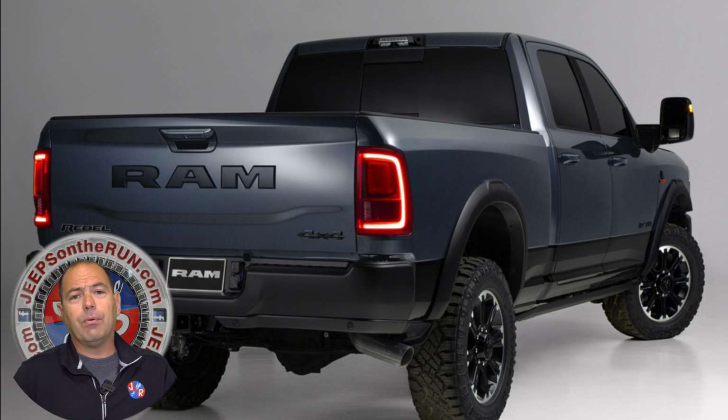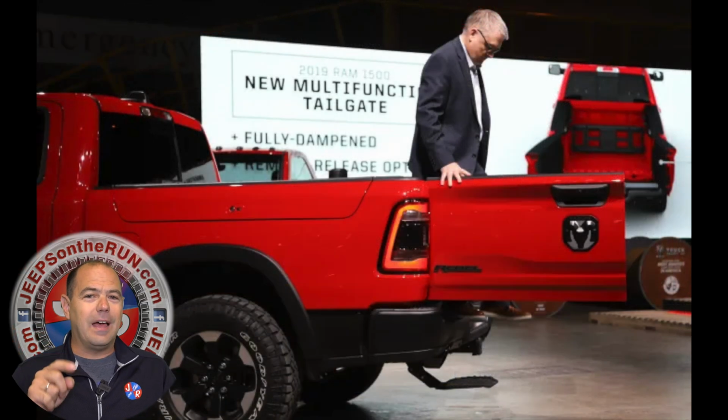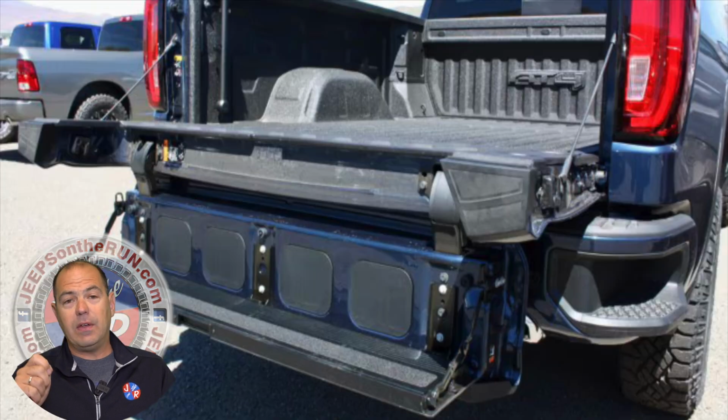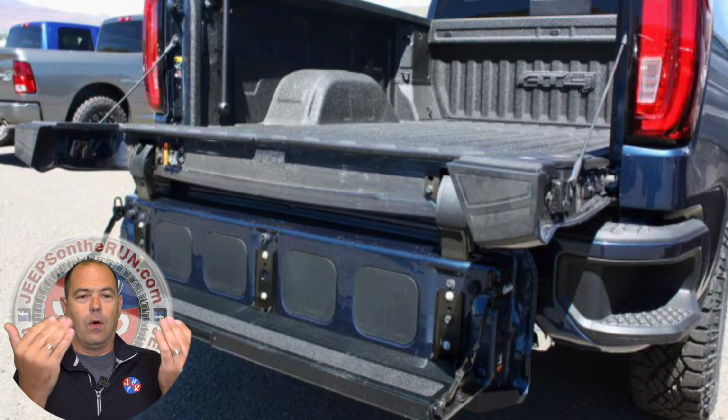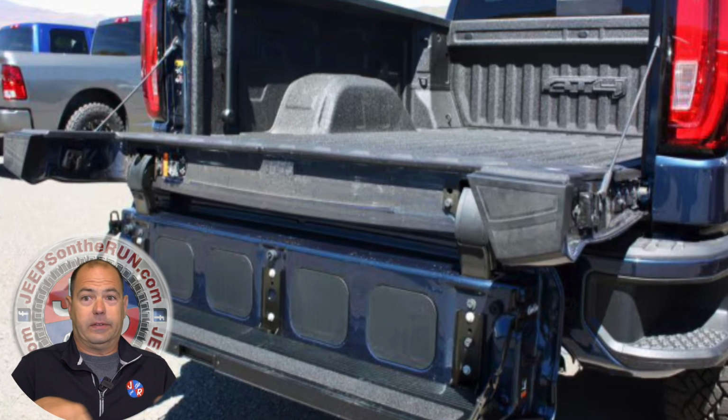I don't know if they're going to bring across that multi-function tailgate, which we've seen in the 1500 before, where it opens down and sideways, and it's got about 6 different functions. Ram, I actually really like that multi-function tailgate. I am unfortunately not a fan of the Chevy multi-function tailgate, where it opens up like 9 times, turns into a step, or turns into a table, and